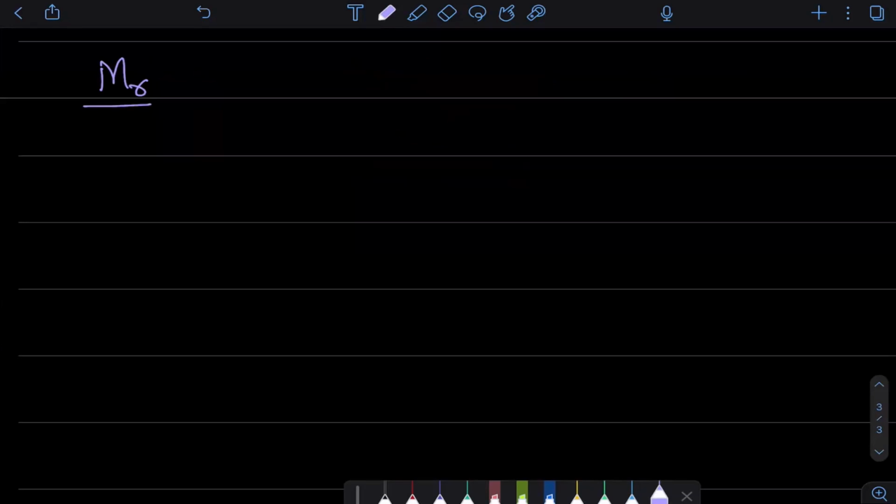MR is actually really easy. MR is the molecular mass, but more than molecular mass, we will call it relative mass. Okay. Now, relative mass means that if it is for a molecule, we will call it relative molecular mass. So covalent bonding: if it is a molecule, then relative molecular mass, but